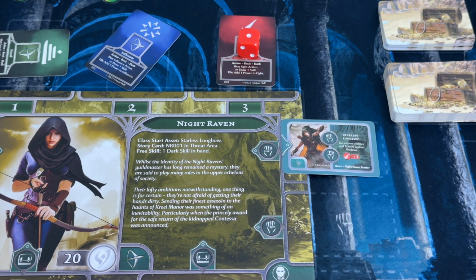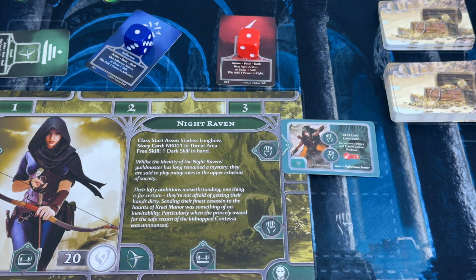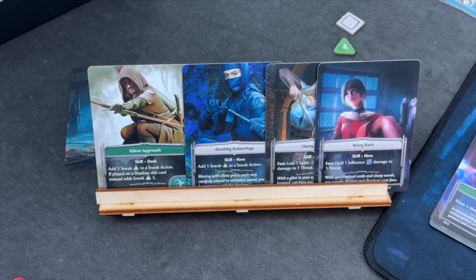Yeah, let's do that instead. Sorry for my back and forth, but again, I'm learning the game. It's some kind of a puzzle and I'm already pumped and excited. I'm really enjoying this, a big deal here. Okay, nicely done. We could debate to play the Witty Barb here to deal 1 influence damage to 1 threat,